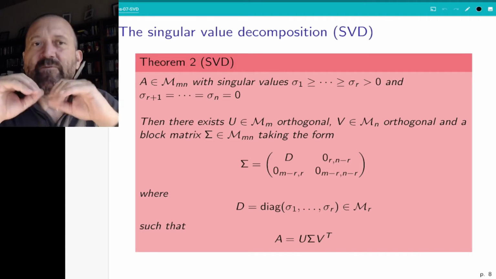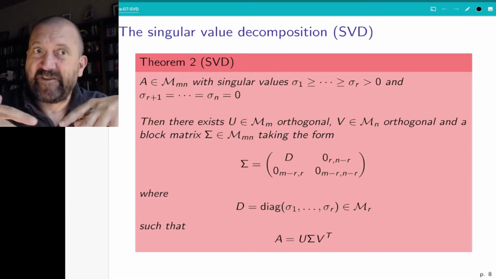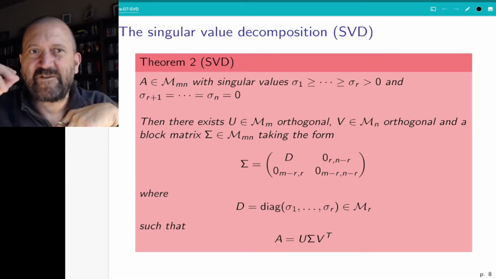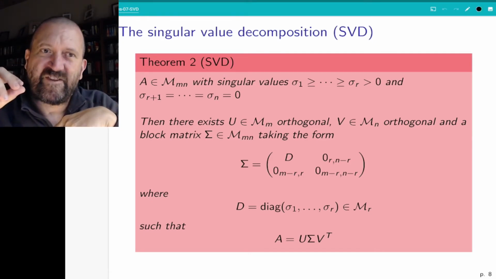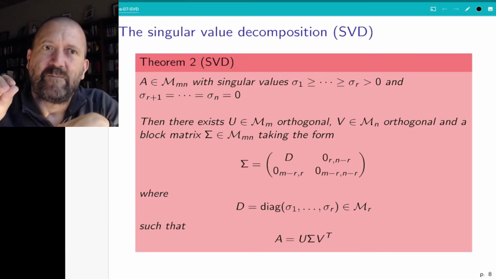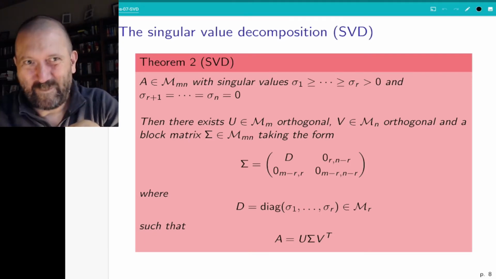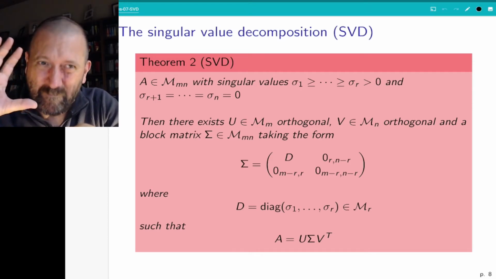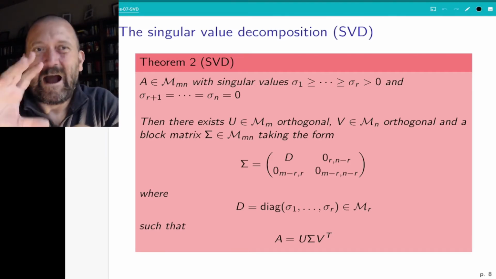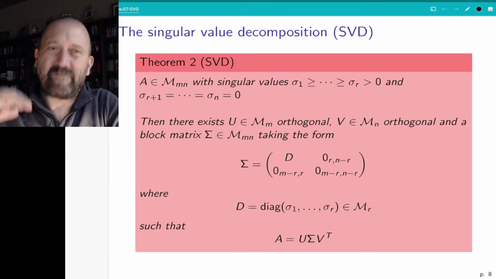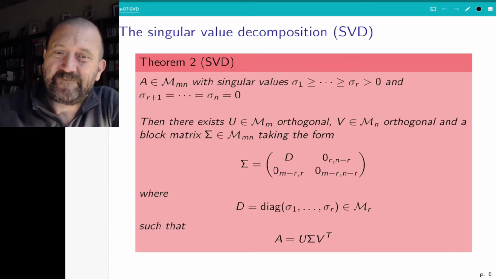We've seen from the previous claim that all singular values are non-negative. And what we say here in this theorem is that the ones that are strictly positive, strictly being the French version of saying positive, I label them up to r. And then the other ones are the ones that are 0.